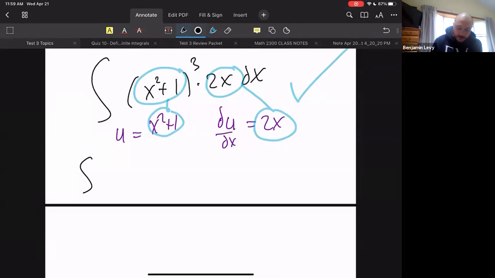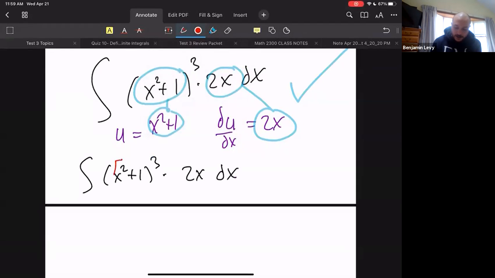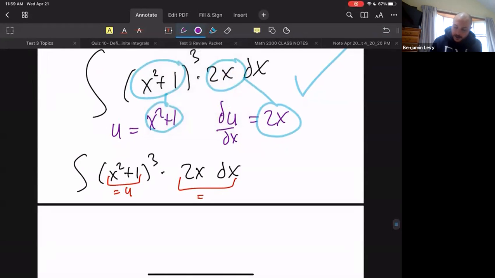You don't have to do this on the test, but I'm going to rewrite this in a way, hopefully, that shows how the substitution works. I'm just rewriting it below, because what we just did is we said, hey, this is going to become u. And this part right here is going to be, and I didn't actually do this, let me finish that part up here. So this says du equals 2x dx. Sorry, I forgot to move the dx over. That's important because that's right here, right? And so 2x dx just becomes du.